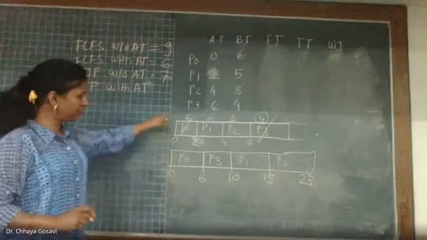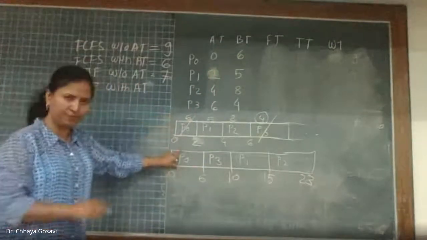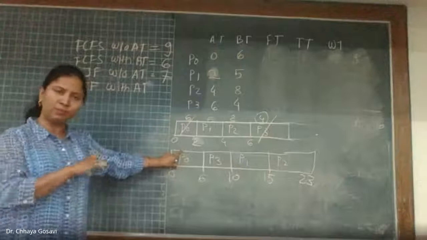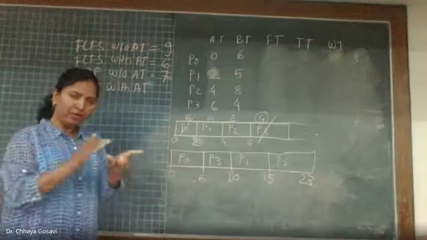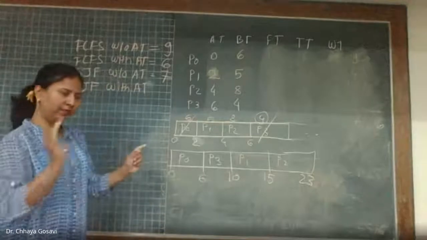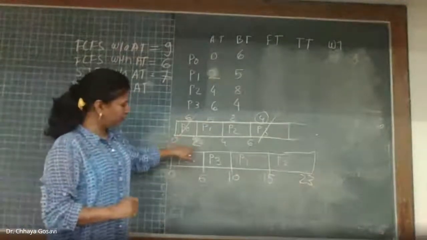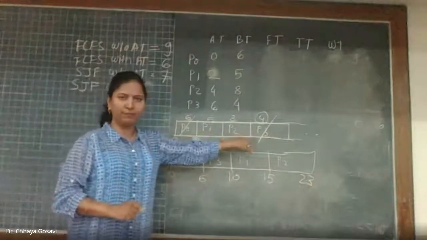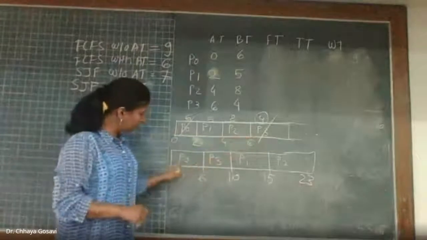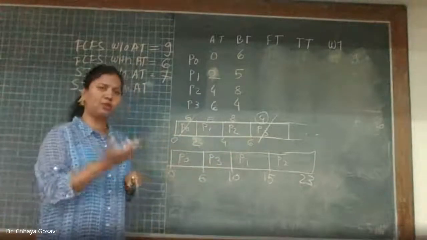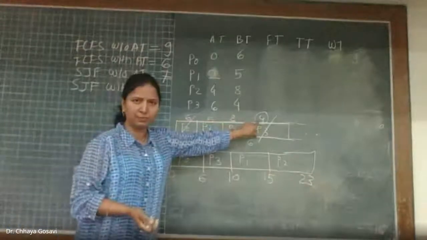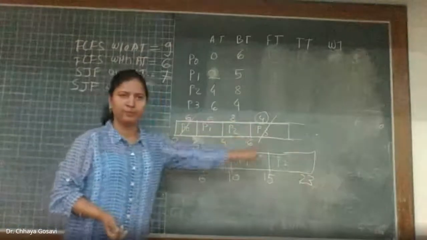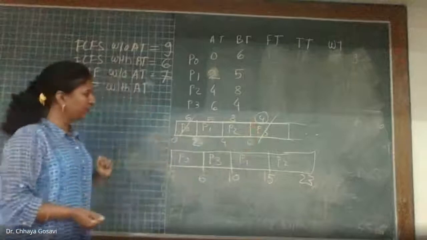Now at time 0 there was only one process, so that got scheduled. And SJF is a non-preemptive algorithm, so this will continue for all 6 cycles. Now in between those 6 cycles, the queue is getting filled with P1, P2 and P3. And when the process completes the execution, then the short-term scheduler comes into the picture and selects the next process for execution. And this process will execute.